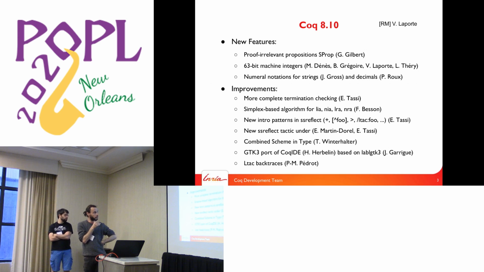So, a more complete termination checking algorithm that does better unfoldings while checking termination. A new algorithm at the base of lia, nia, lra, nra by Frédéric Besson. New intro patterns in SSReflect, and a new SSReflect tactic, under, that allows you to do rewriting with arbitrary relation under binders. There's been a contribution to allow to derive automatically schemes for mutual inductives in Type instead of just